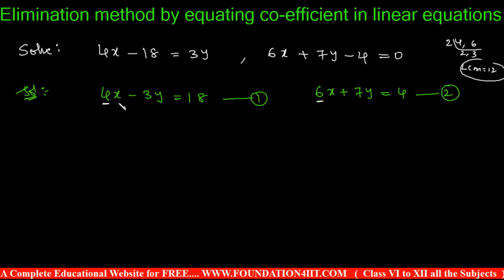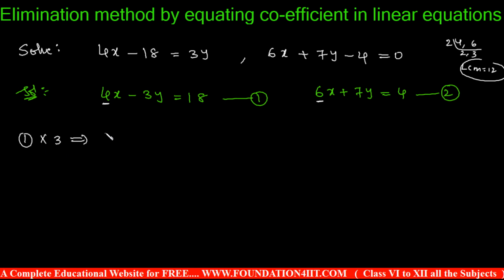Now I should make the x coefficient 12 because the x coefficients are not the same. You can check with the y coefficient also separately. Not only eliminating x, you can eliminate y. Any one of the variables you can eliminate. So I started with the x coefficient. So equation 1 into 3, because the x coefficient is 4, I should make it 12. So the entire equation I can multiply with 3. Then the value does not change. Just multiplying with the same constant on LHS and RHS. Right? So the meaning of this is equation 1 is multiplied by 3.